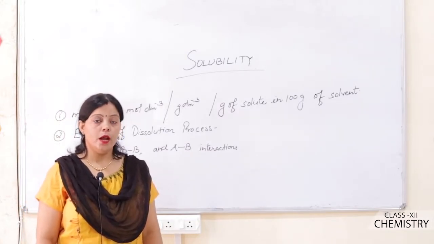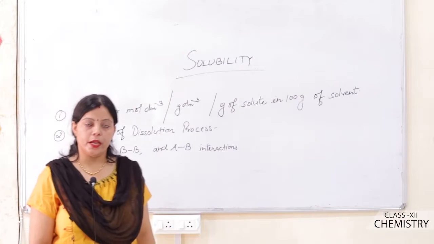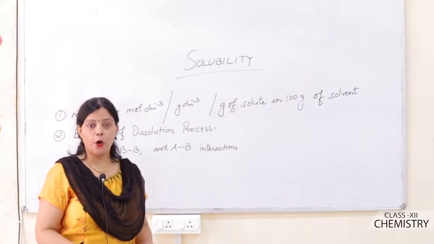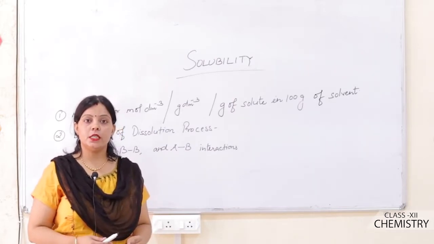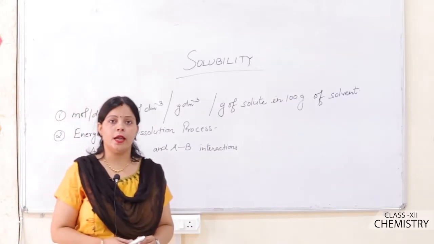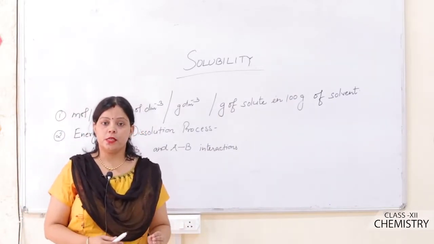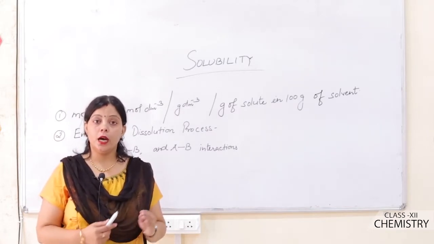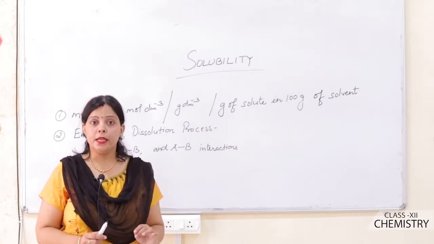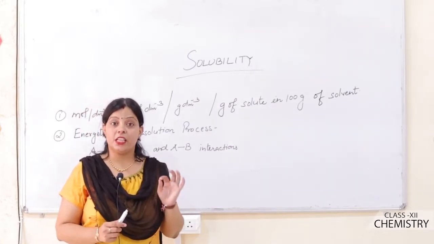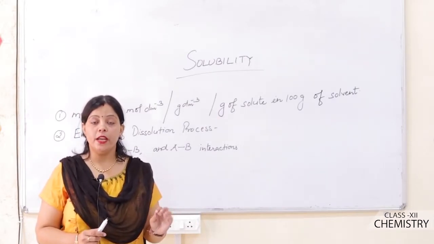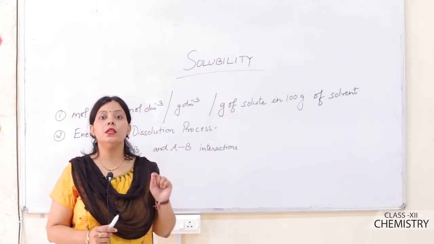Now students, after solving these two numerical problems which I had given you in my first class, now I am going inside the chapter, and for today the first topic is solubility. So what is solubility? How can we define the solubility of a solute in a particular type of solvent? We have generally heard that some substances dissolve in water, while others dissolve to some extent or do not dissolve at all. It means solubility is generally expressed as the extent to which a substance dissolves in a specified amount of the solvent.